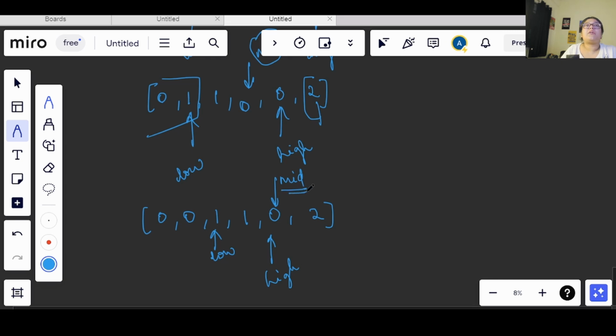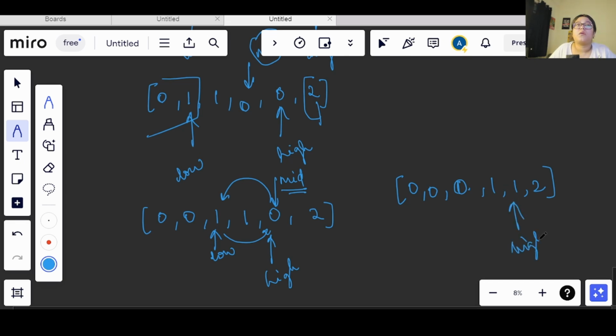Now my mid is again equal to 0. So in that case I will swap these both values. Now what will we get? We will have a 0 here, then we will have 1, we will have 1 again and 2. Now my high is here, my low value will increment and come here, and mid will come here, right? We will increment the value.